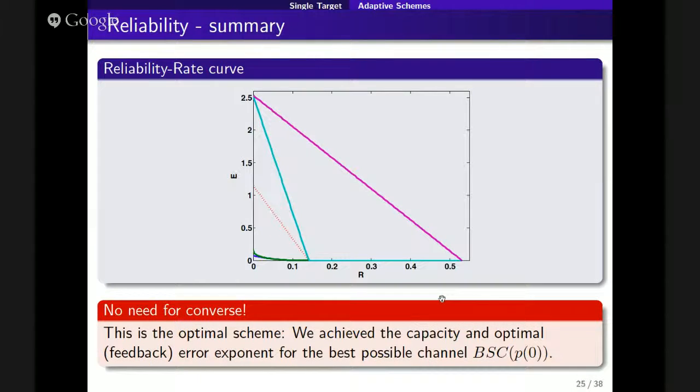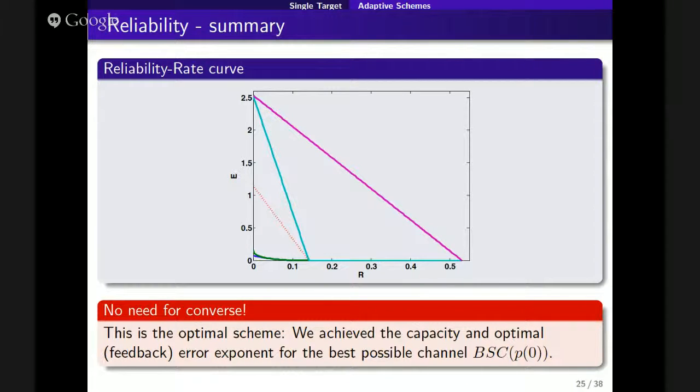Okay, just to sum up what we saw in one plot. This is the rate-reliability tradeoff of this problem. For non-adaptive, we could get the blue line here, and this was the maximal rate of the search. With adaptive, we can get the Bernoulli exponent for the BSC with noise P0, and with the adaptive scheme we can also increase the rate. The difference between this point and this point is the difference in rate we got by using adaptive.